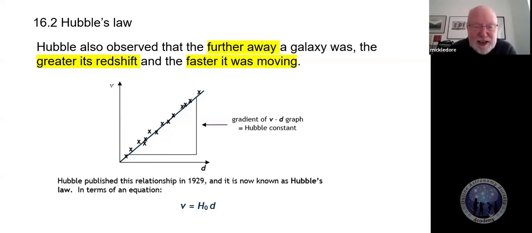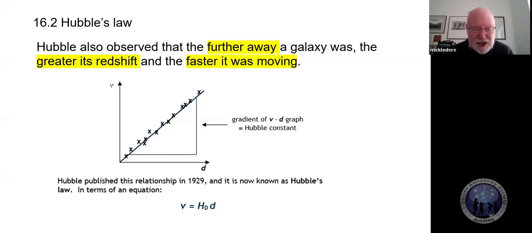He was even so confident it's known as not just a principle of physics, but a law of physics carved in stone. V equals H naught D. H naught is the Hubble constant. And it sounds a little bit strange, but over the years it has changed its value a little bit. So people say, well, how can it be constant? Well, we've refined it. We've got better and better methods at more accurately determining the value of Hubble's constant. Why there's a naught there, I am not sure. Perhaps somebody could fill me in on that, though I'm not particularly interested.